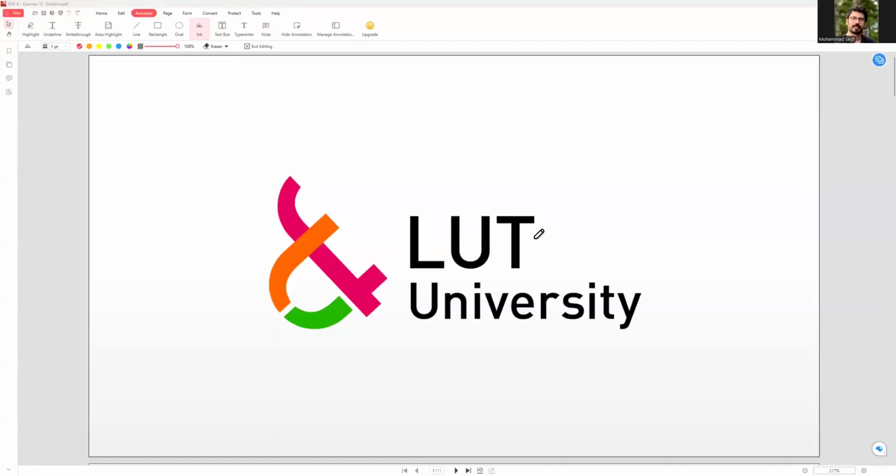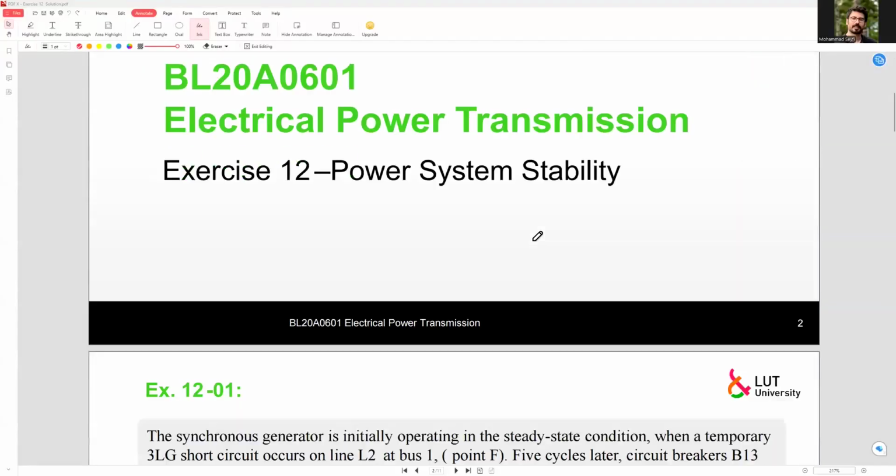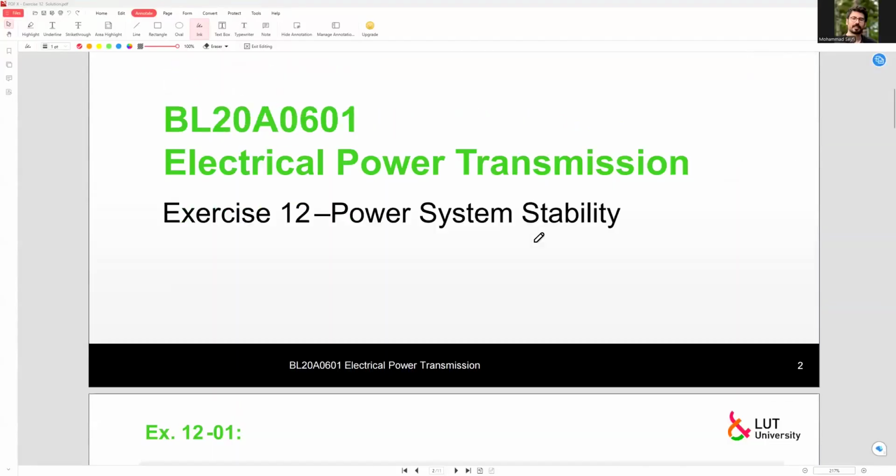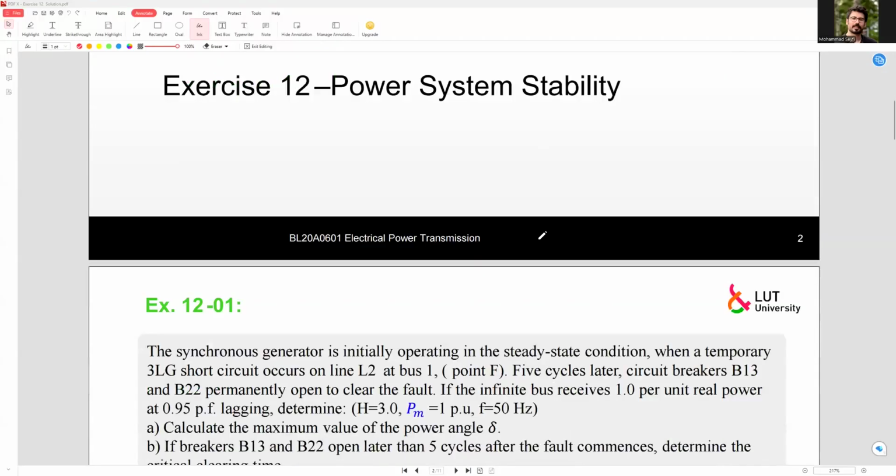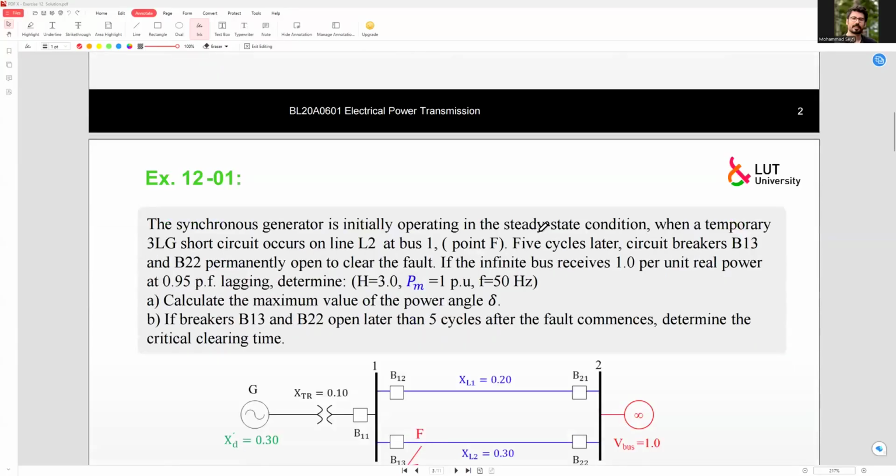Hello everyone. Today is the 12th session of the exercise series of the electrical power transmission course. And today we will solve a question regarding the power system stability topic, which you have followed in the lecture sessions. So today we will have this question, which says, the synchronous generator is initially operating in